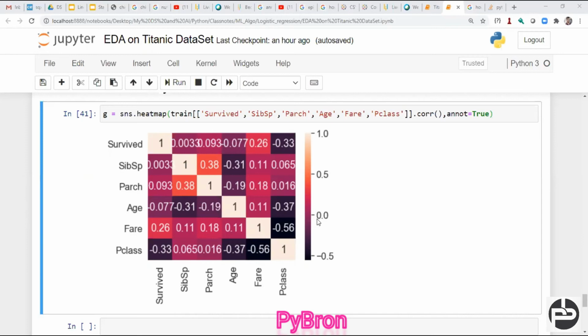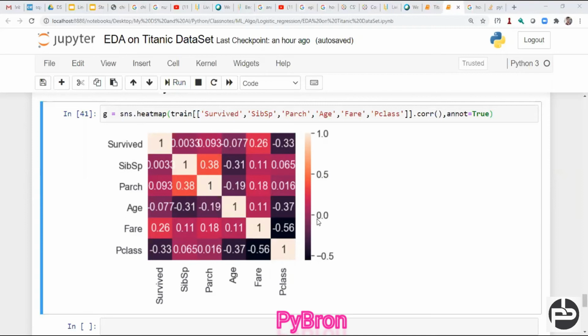This means the relationship of a feature with the same feature will always be one, right? So our task is to identify the positive ones. You can see Parch has some positive relationship, right? Hope you understood these things. Similarly, here you can see age with Pclass has some negative relationship. So we have to incorporate this negative relationship, Pclass and age, in this case.